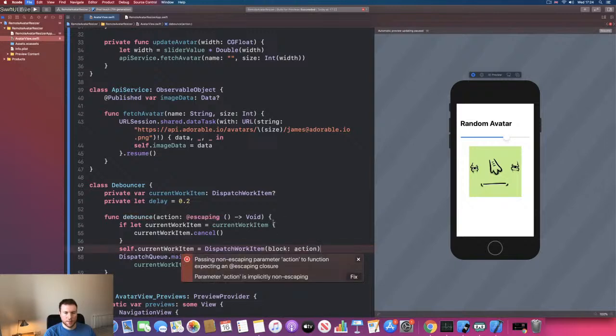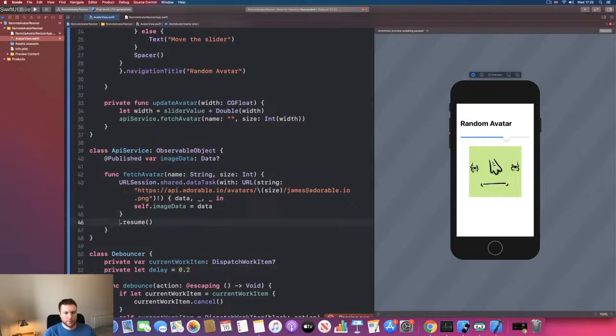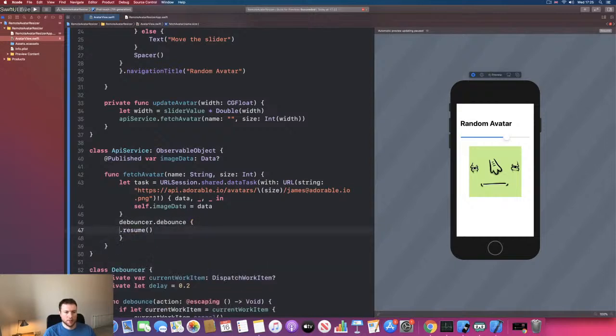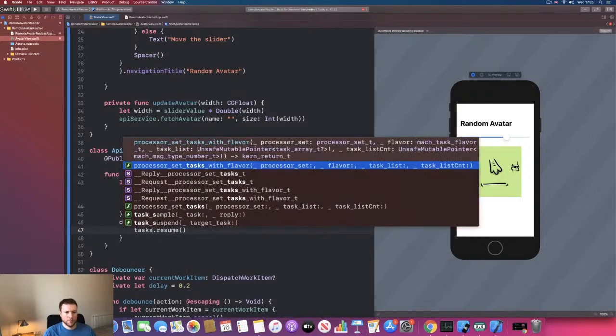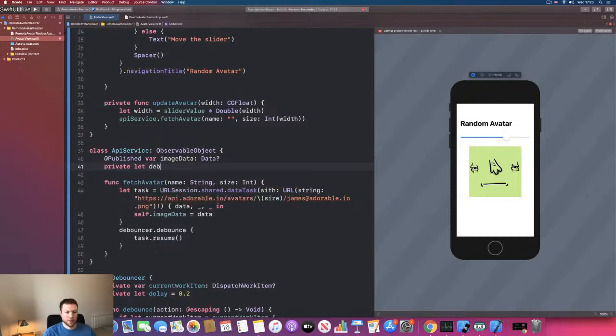And we need to make that escaping. And then in this fetch avatar function, instead of just calling this every time, we can save the task here, and we can say debouncer.debounce task.resume,